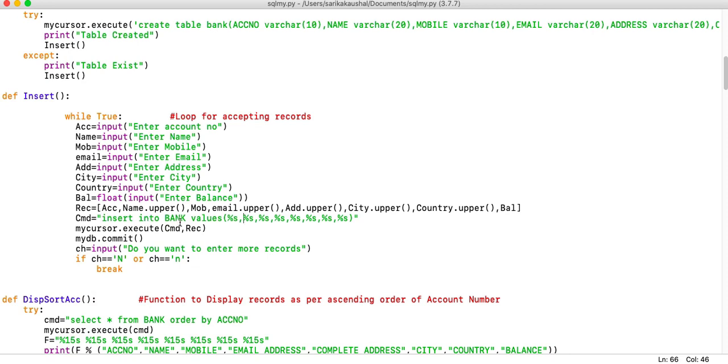So when you are inserting the new data into the table called bank with these values, you should use %s and issue your mycursor.execute command, which has two parameters. One parameter is your command, that is CMD, and the other one is from the data set. That means execute this command where the values for %s will be taken from REC.